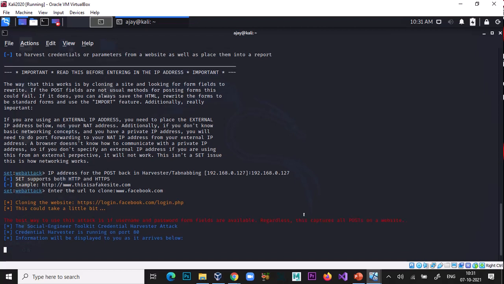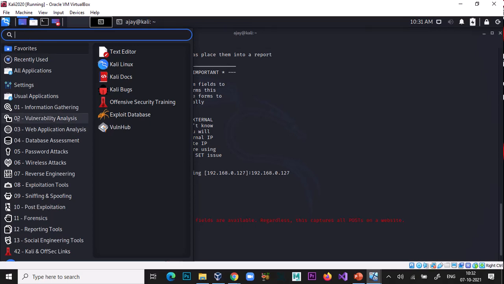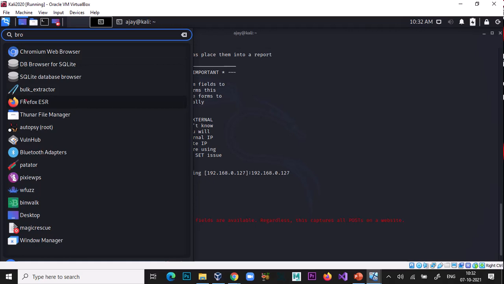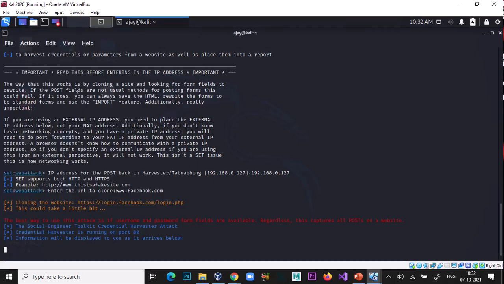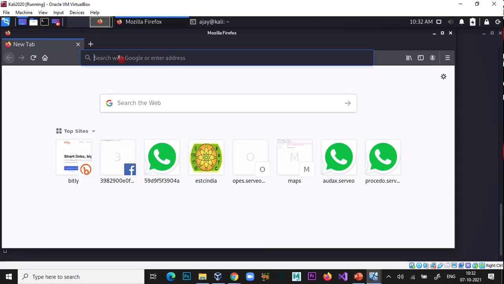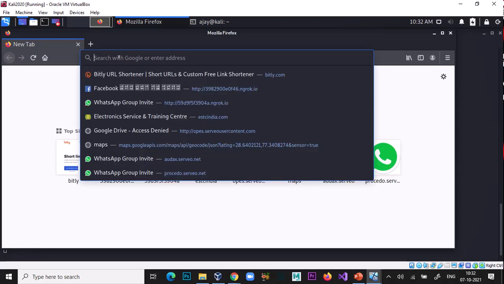Now you have to send that link to the victim. Just click on browser. And if you want to make a link for your local network also, you just select URL shortener.